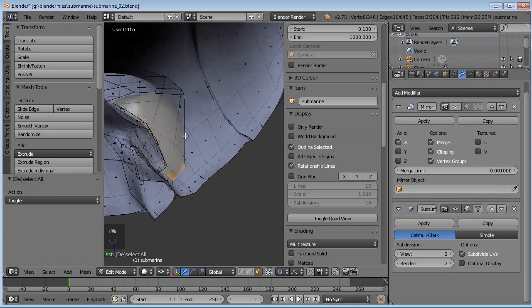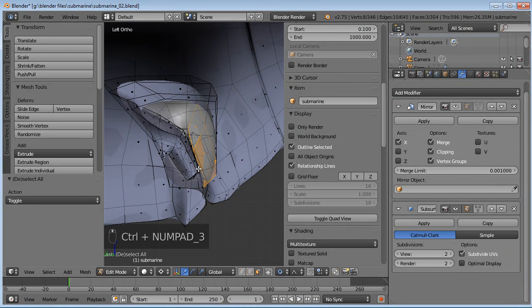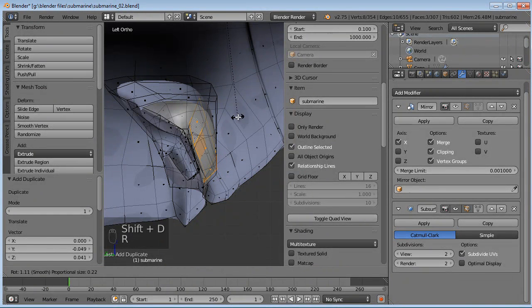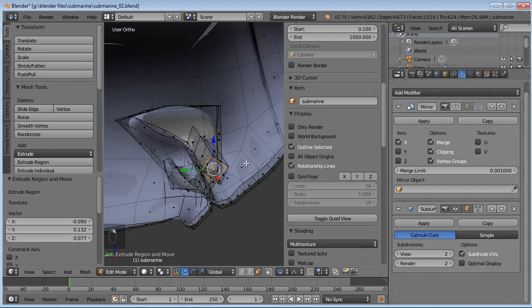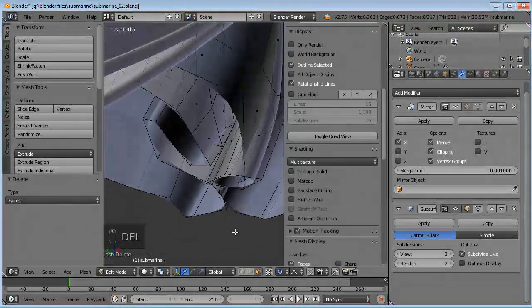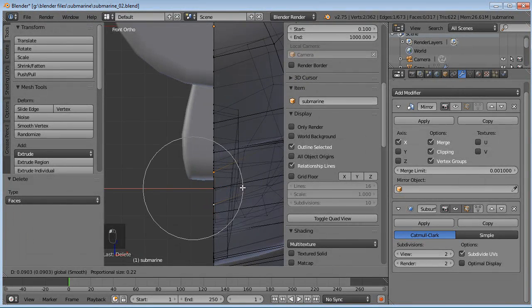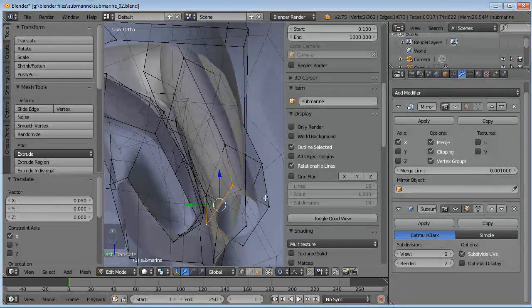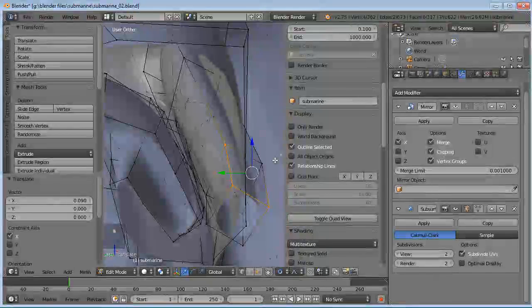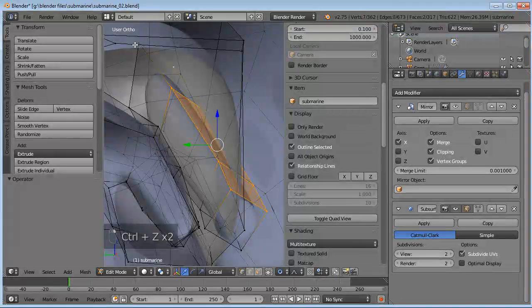So I'm just going to select, say, these faces there, and let's go to our Control 3 or opposite side view. Shift D, duplicate those around, maybe rotate them. Let's go Control comma, so we're back around our selection. Extrude those down, and let's get rid of this face here. Don't need that. And let's go to our front view and make sure that this edge is going to line up in the middle, like so. And then let's make them a little skinnier. They don't need to be that thick. Make sure you get the right vertices.